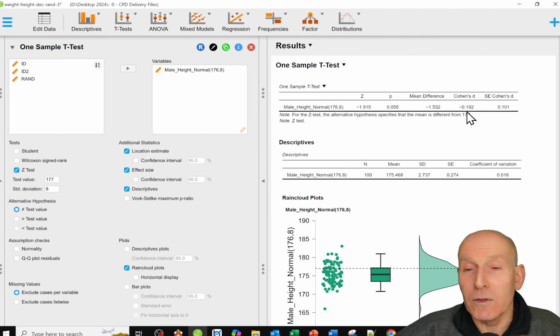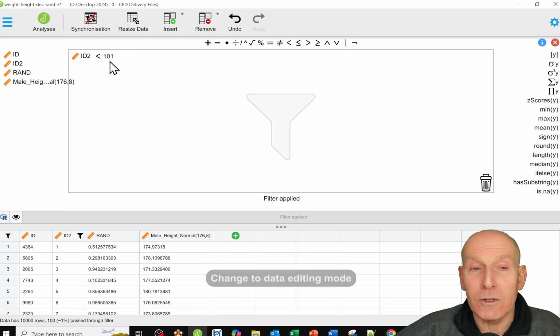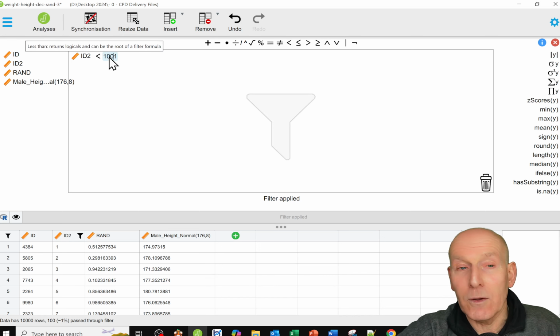And you can see Cohen's d value has changed very slightly, but it's still around about this 0.1 to 0.2. But now notice how the p-value is almost statistically significant. It's just above that 0.05 level because the standard error is still dropping. So that's at 100, and so you can imagine if we go to something like 1000 samples,